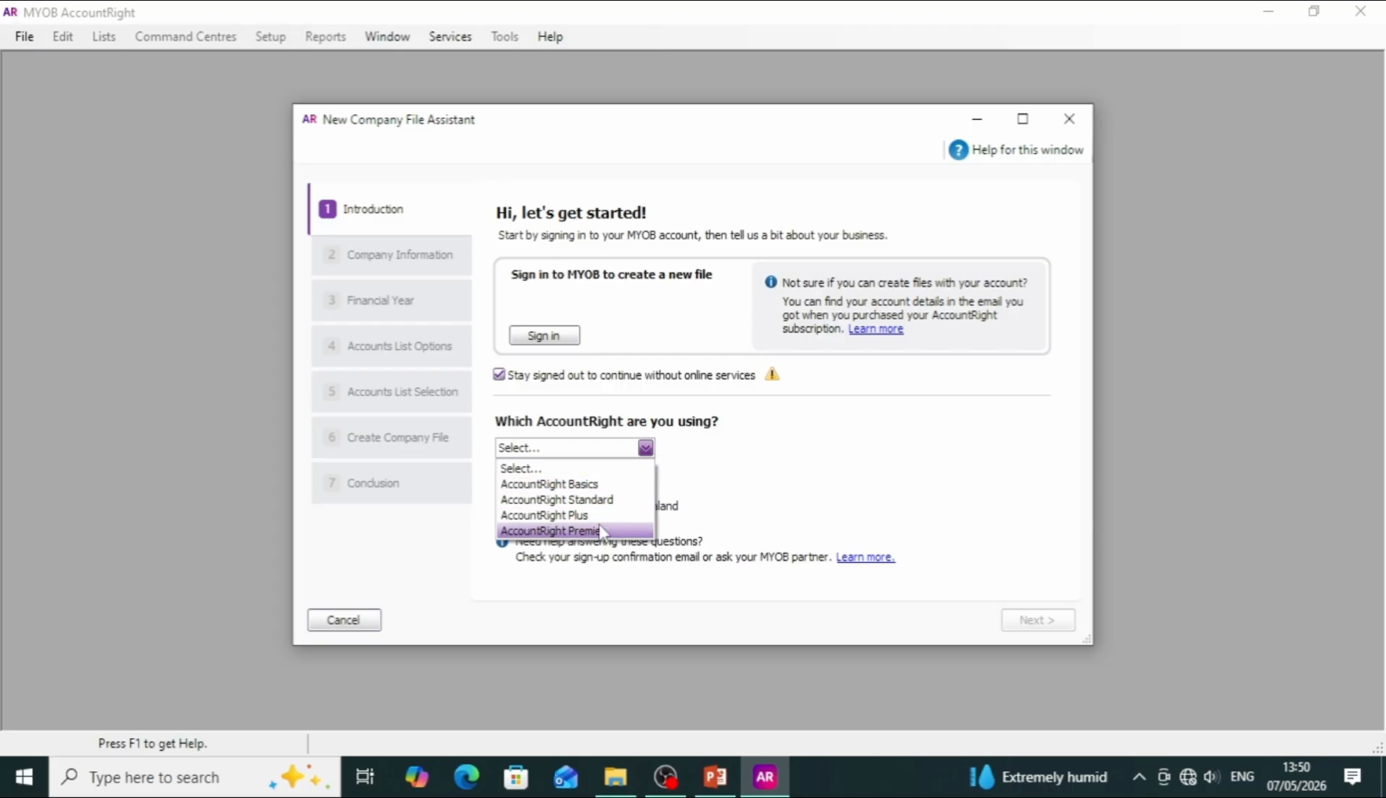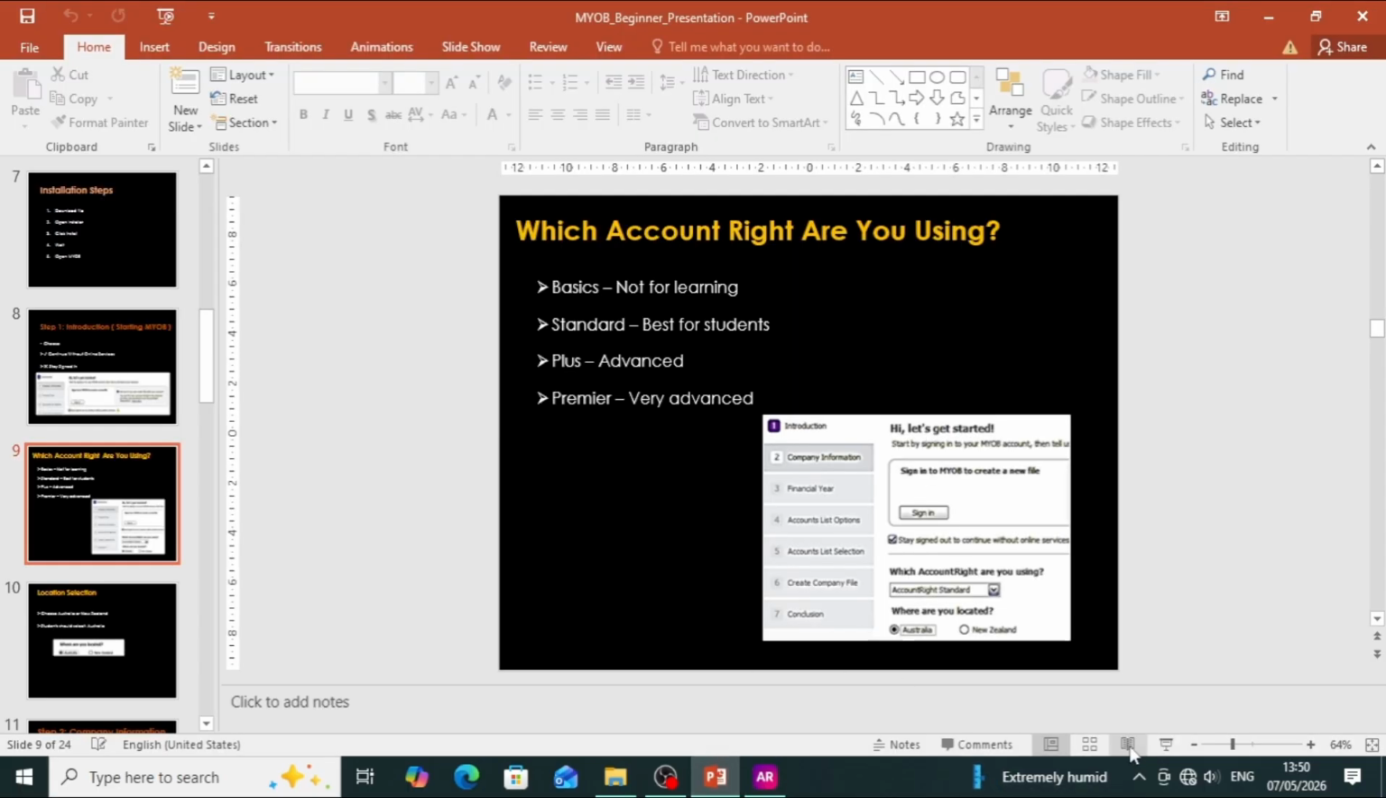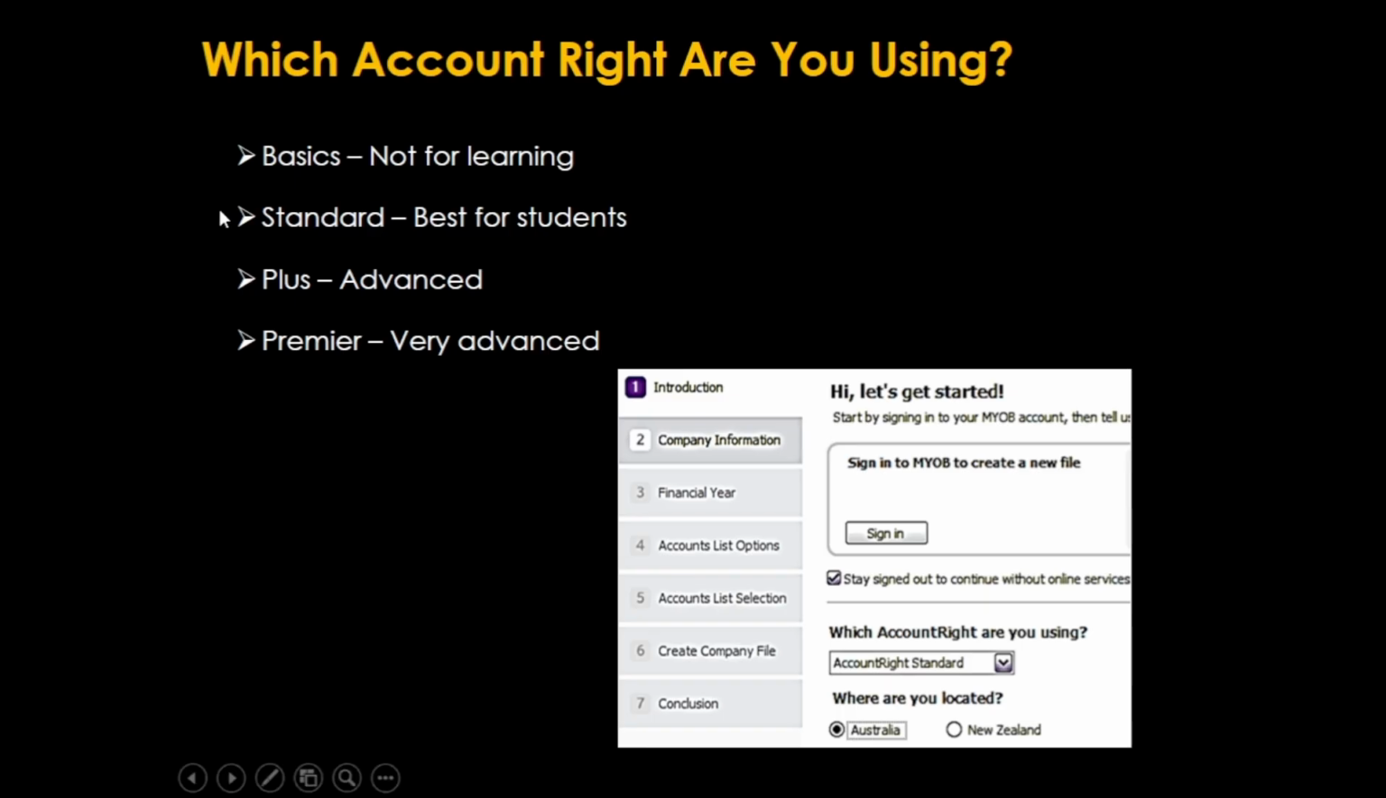Right. Here you can see basics is not for learning. But standard is best for students. Plus is too advanced, and premier is very advanced. Among them we have to choose standard